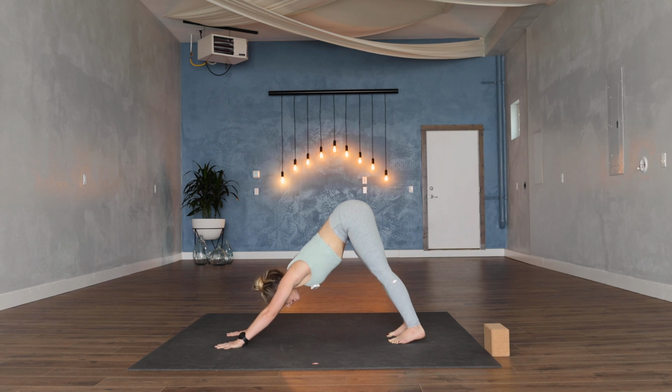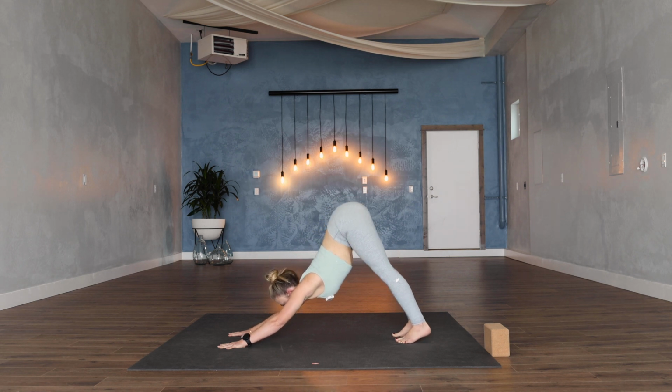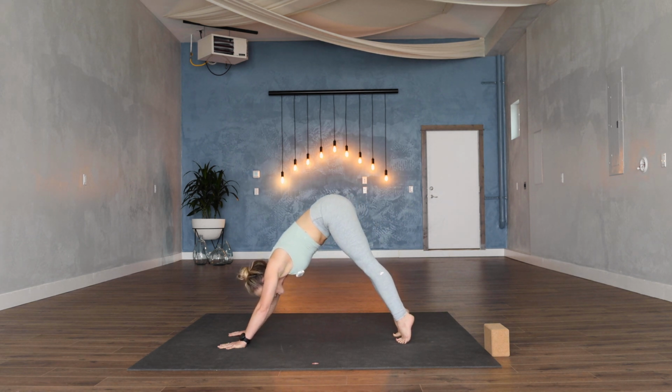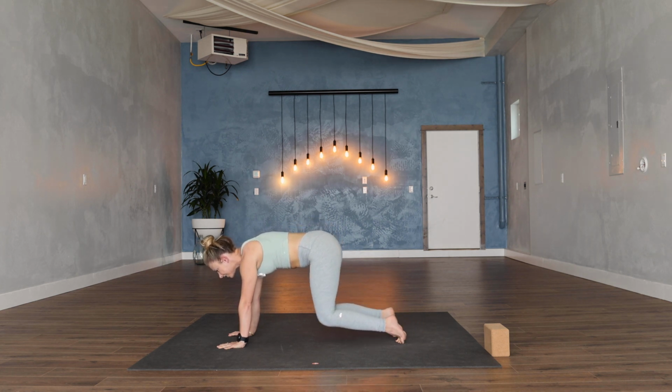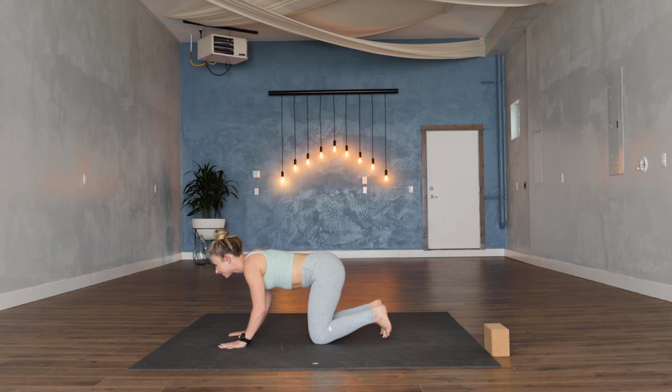Downward facing. We're gonna do that one more time. Modify as you need. That goes for now and always in this practice. On your exhale, one vertebrae at a time, ripple forward, roll it up the spine, landing in your high plank. Press the floor away. As you drop the knees underneath the hips, on an exhale, gonna round through the